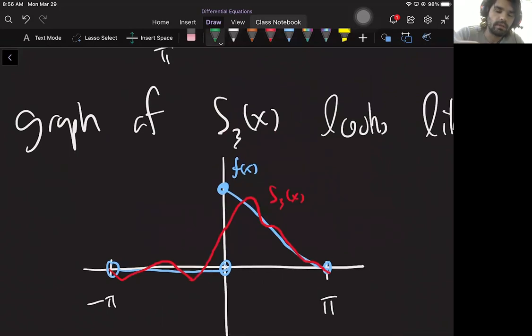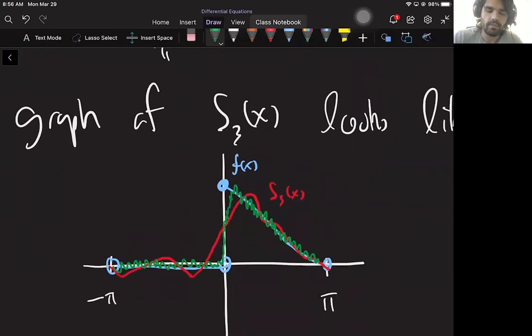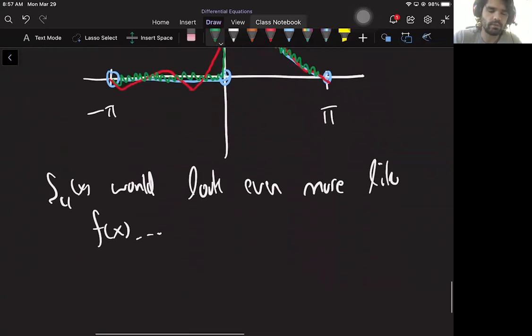And eventually you start to see something that looks like a very squiggly line, and then it jumps up and it's very squiggly, following along. It looks something like that. And it just gets better and better looking. And what's going to happen is it will eventually, as n goes to infinity,